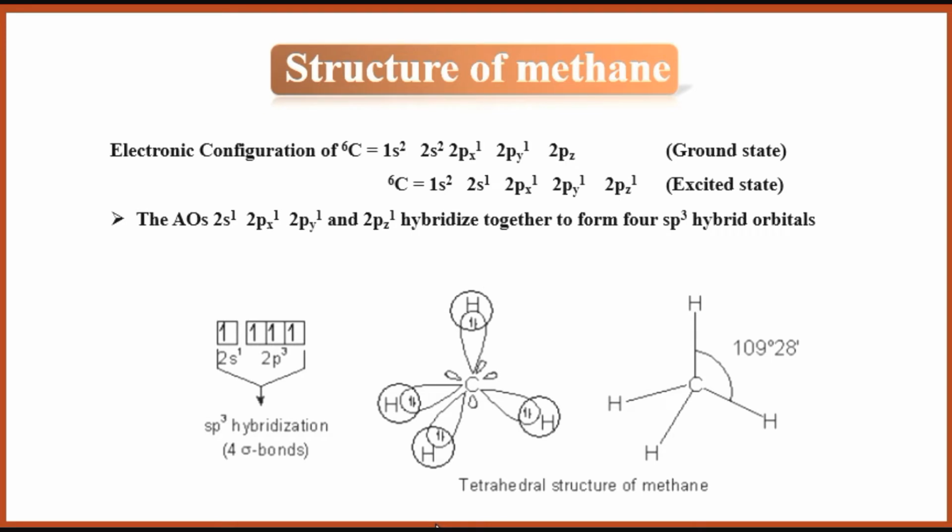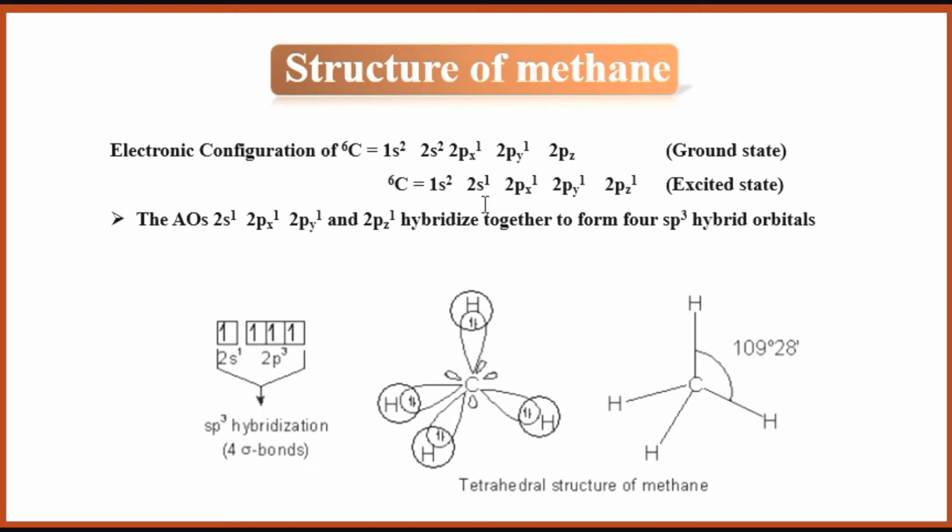So, these examples have been explained here. First of all, we discuss the structure of methane. We will start from the electronic configuration of carbon atom, as the atomic number of carbon is 6. So at ground state, its configuration would be like 1s2, 2s2, 2px1, 2py1 and 2pz would be empty. But at the excited state, the one electron from the outer shell